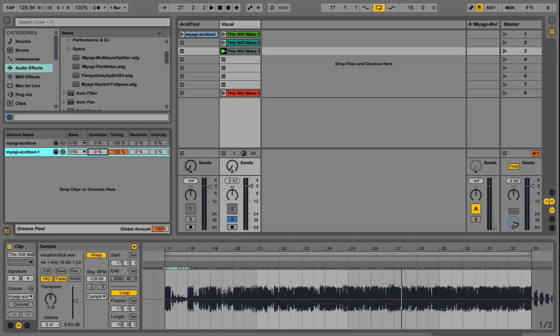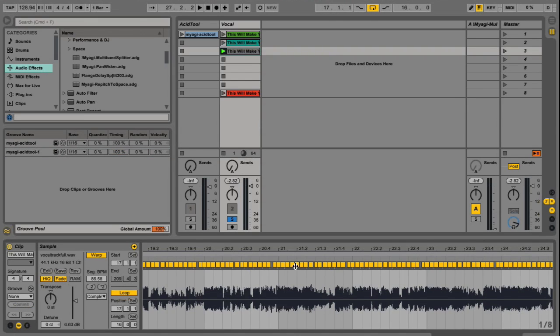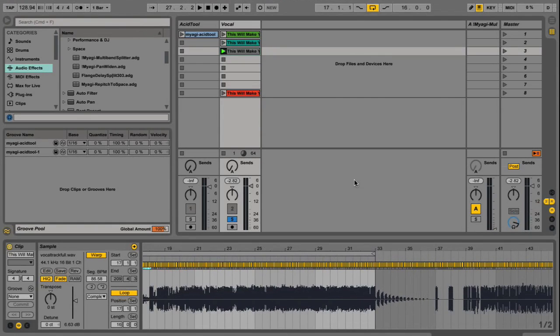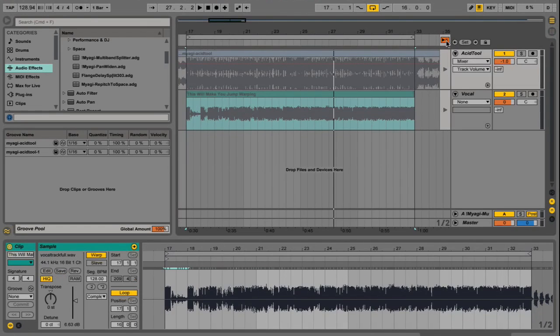Okay, so we're doing some minor adjustments here to the overall timing of that vocal. Now that I've got the timing on there and I've chosen my groove, I'll commit, and we'll see some small adjustments here. A lot of warp markers are getting added, and we are able to see that we now have a warped clip that is going to match the feel of the original, or of the tune that I'm actually working with here. So let's flip back over to the arrange window